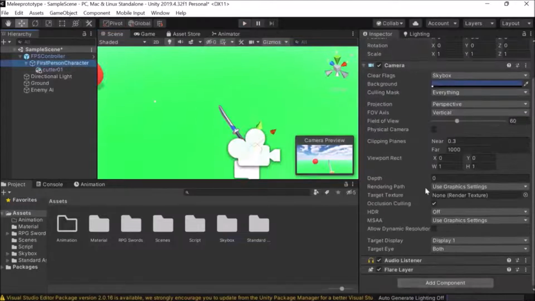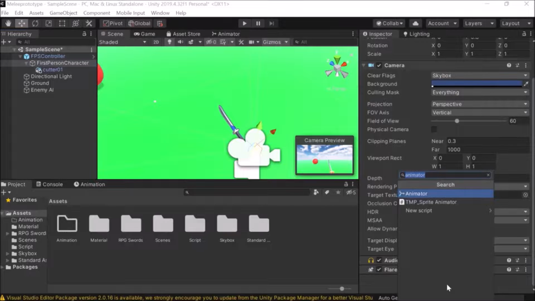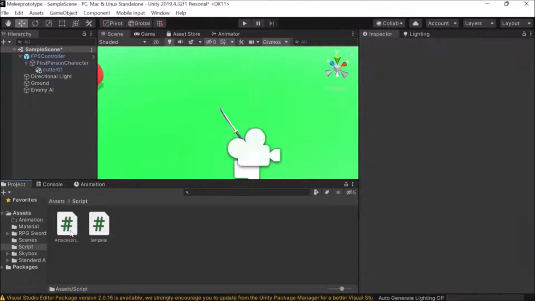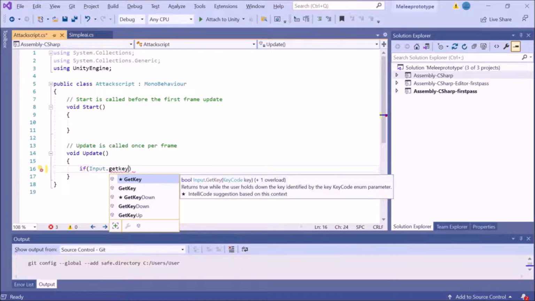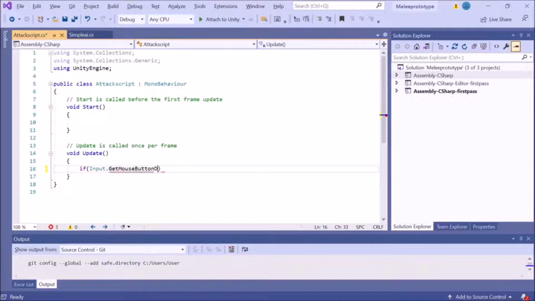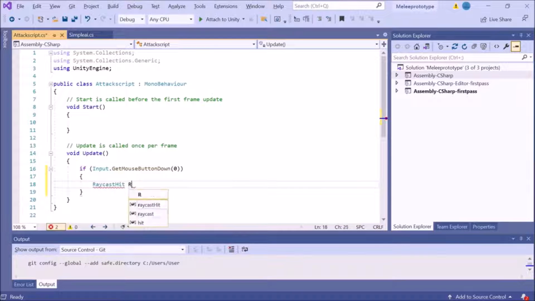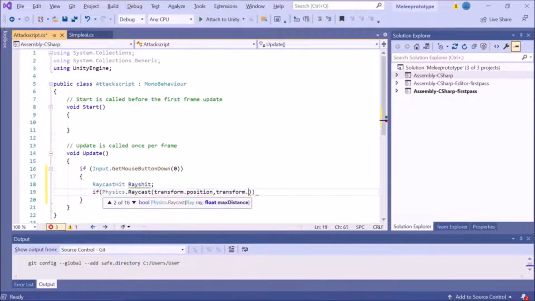Now let's create a script to attack the enemy and name it attack script. And then double click on the script to open it. Now type in if Input.GetMouseButtonDown(0). RaycastHit rayHit. The RaycastHit is the ray that will be used to detect the enemy. Type in if Physics.Raycast(transform.position, transform.forward, out rayHit, then the range, which in this case